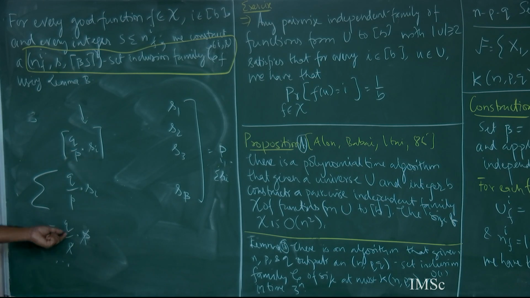Okay, but roughly if they were equally divided, then you will cover the summation of q divided by p times si, where each si is going to be equal to p. So q by p, the p will get cancelled, and you will cover q elements. Okay, so that is what the s will play a role.